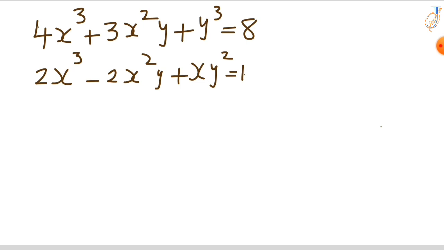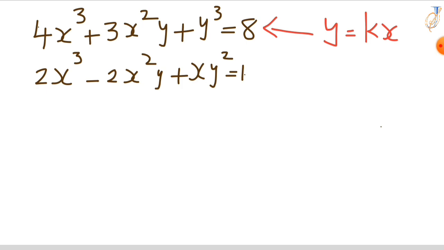Let's start to solve for x and y. Observe the equations. These two are cubic equations. Let's use a clever substitution technique, that is y equal to kx, where k is a constant. If you substitute this in the first equation, then the first equation